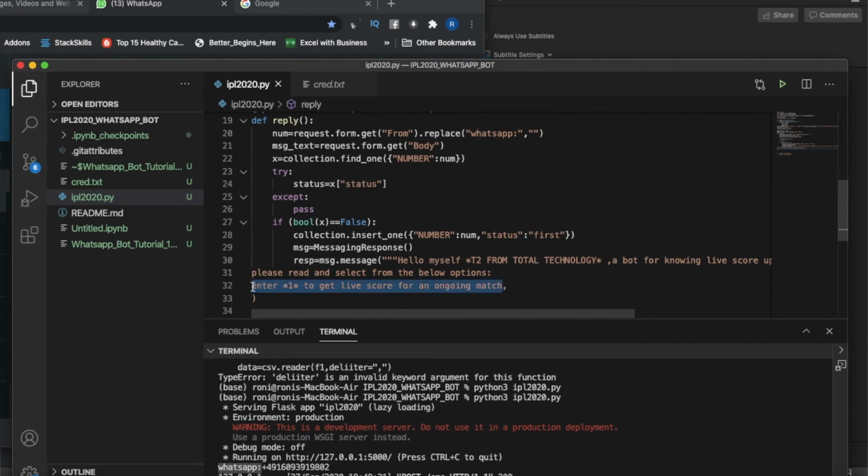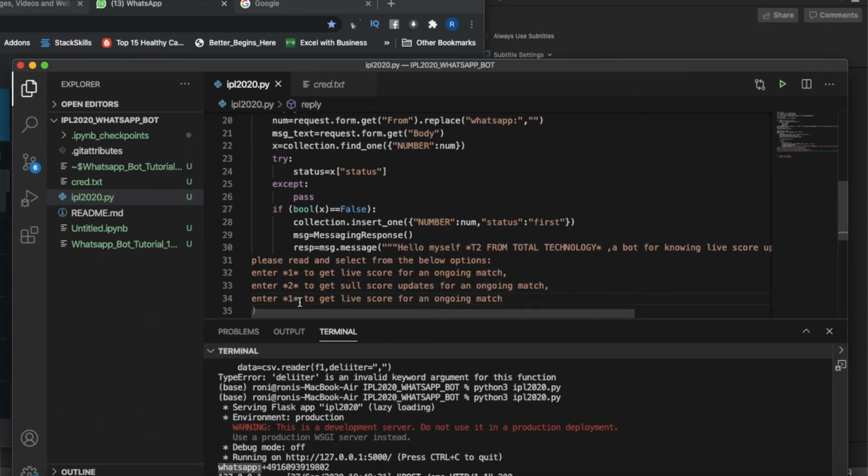Same thing for 2. So there will be some menus, so I'll be going to enter those things. So press 2 to get full scoreboard updates for an ongoing match, and the last thing will be option 3. So there will be a total of 3 menus, to get complete match information for an ongoing match.